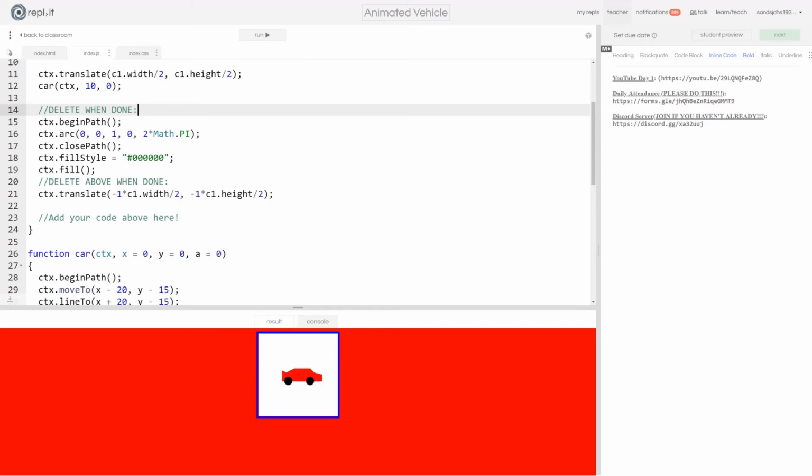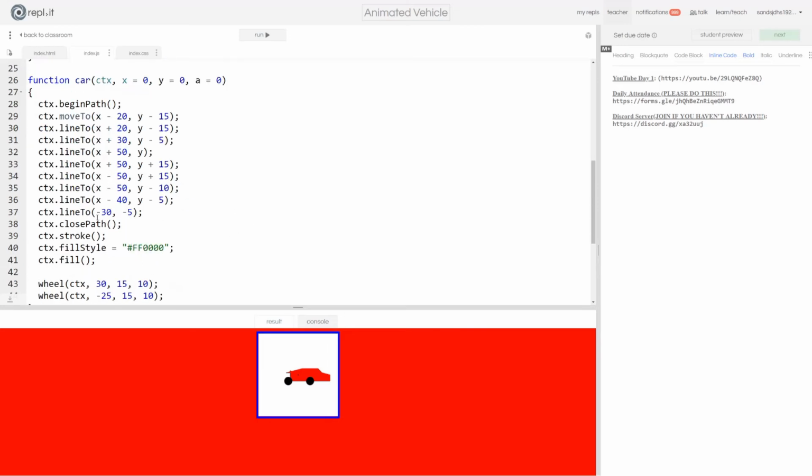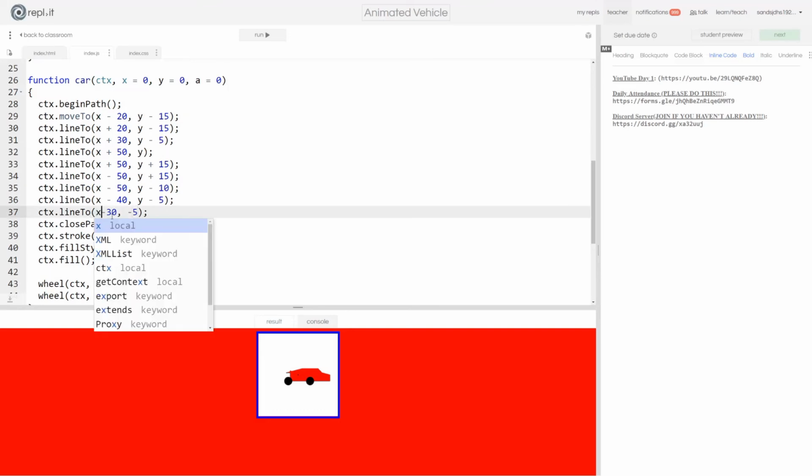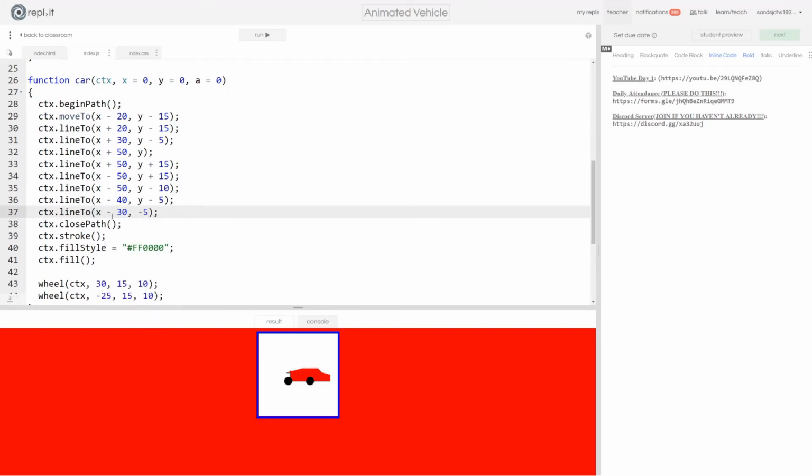Let's move it even further over. I'm going to move it over by 30. All right. So again, the body moves over, the wheels haven't moved, and there's still some weirdness towards the end here. That's because this is not in terms of X and Y, so that's actually not shifting from the position that it was. If I do put it in terms of X and Y, which I'll do right now,